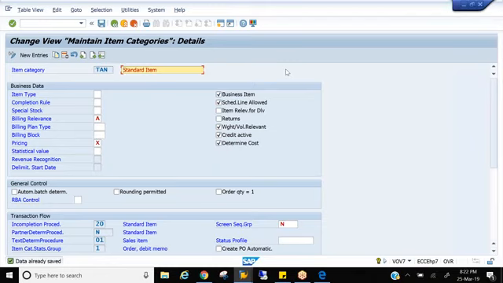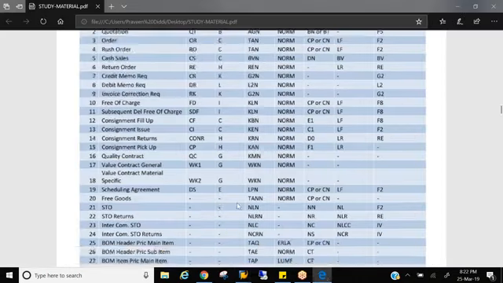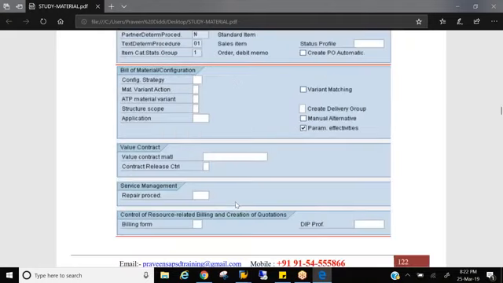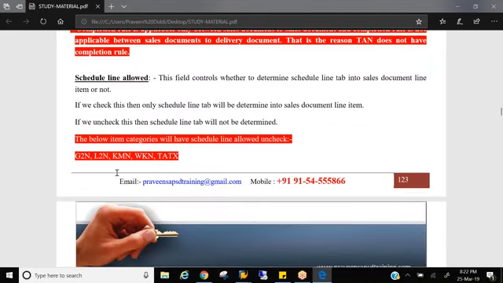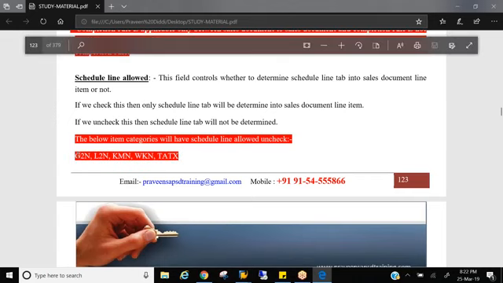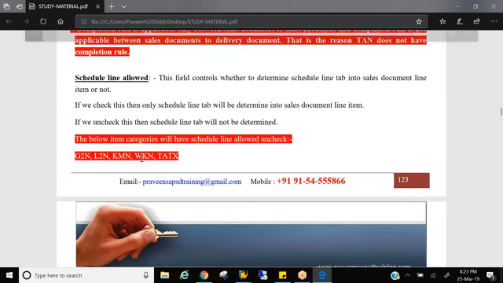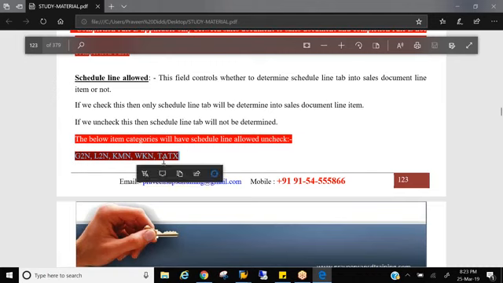In the interview also they ask the same thing. It is not that you should tell only the positive thing, that means for which it is applicable. No, in the interview they'll ask you, can you tell me two scenarios where schedule line is not applicable? So what are those scenarios? Anyone? Credit memo, text item. TATX, G2N, L2N, KM, and WKN, all these item categories, it is not allowed.